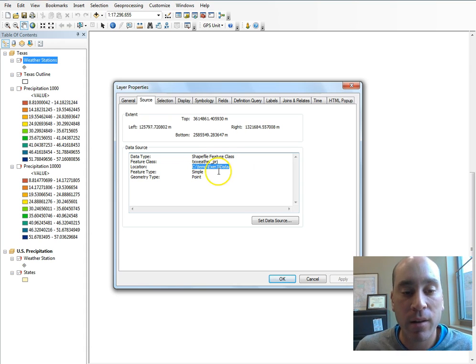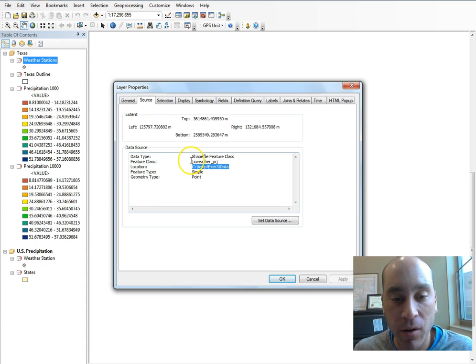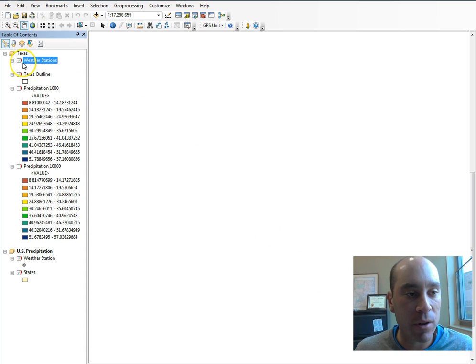The other thing you need to do is take note of the name of this shapefile. You can see where it says feature class right here. The name of this shapefile is txweather_prj. So you need to remember that. Okay, so I'm going to cancel out of this. I'm going to left click on the red exclamation mark here,